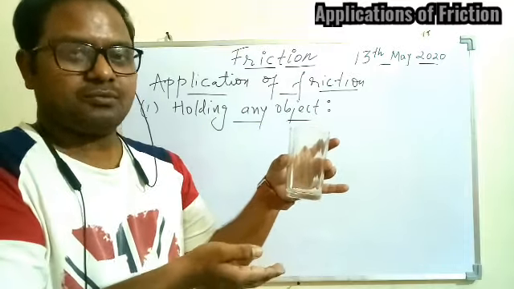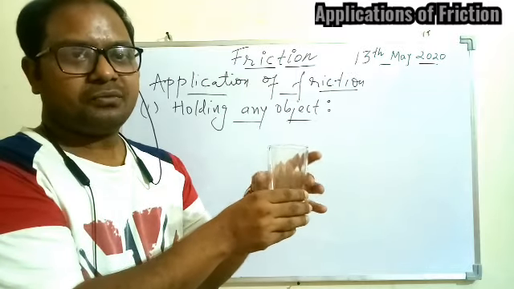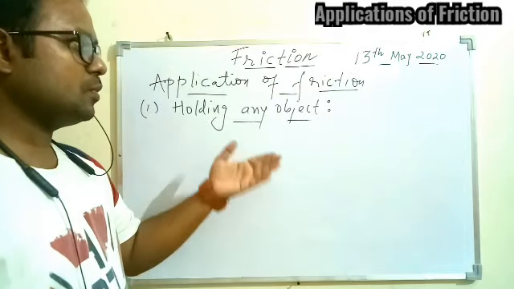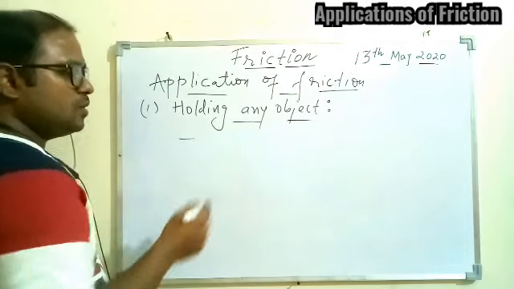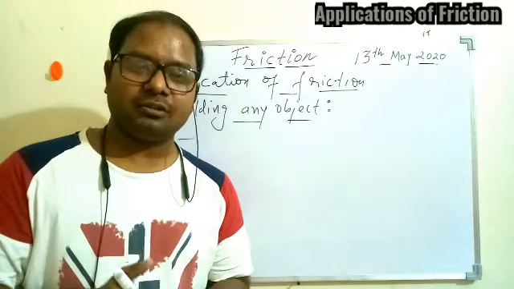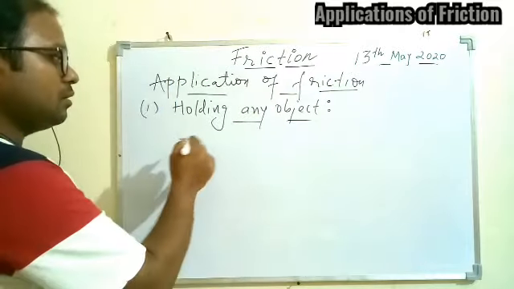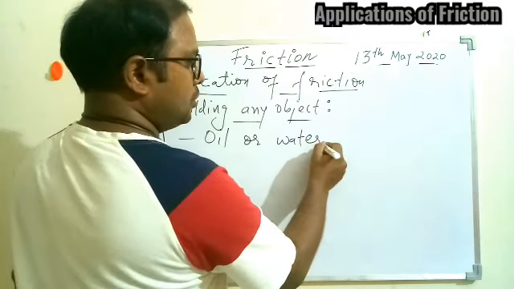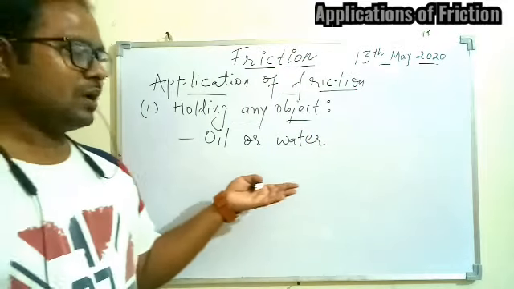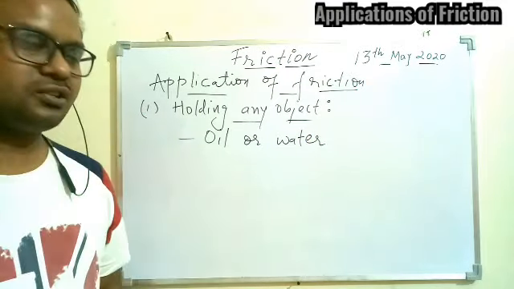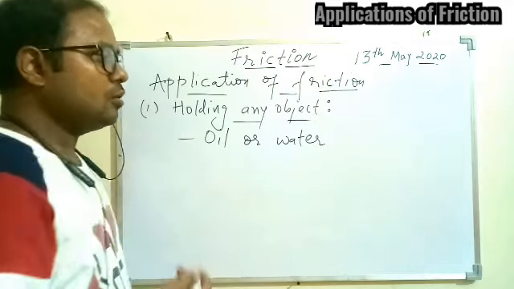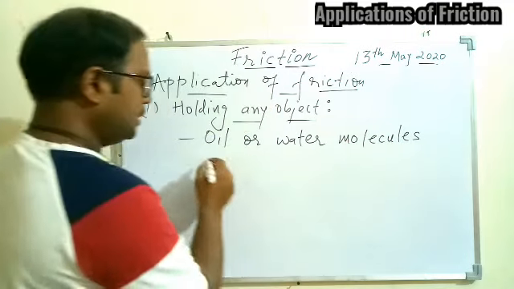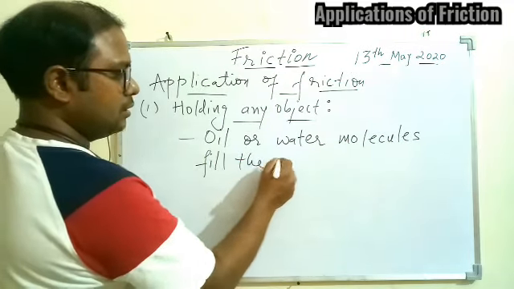I can't show you because the glass can fall down also. So in that case, what will happen? Friction will be less. So the simple concept is, if we are holding anything, it is just because of friction, and once we apply oil or anything on the surface it becomes slippery. Why? Because oil, or take an example, if you are putting water also, you know, a water surface is quite slippery as compared to a dry surface. So if you put oil or water, basically what they do, they fill the irregularities.